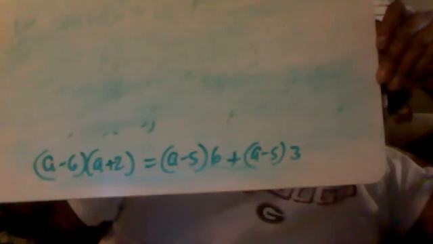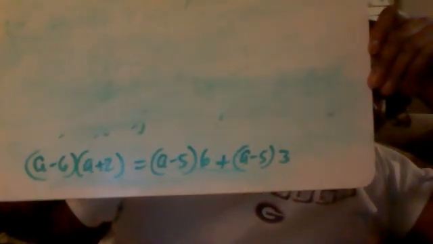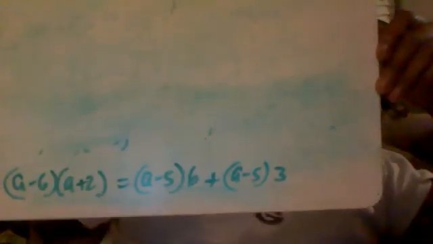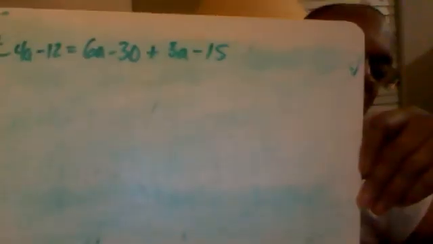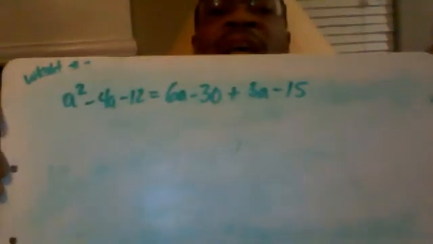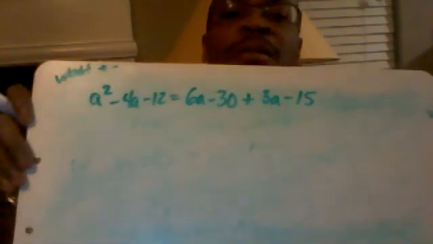So what I did is I went from the bottom, a minus 6, I FOILed that, and then I distributed to get the number at the top. So you see I have 6 times a, 6 times negative 5 gives you 6a minus 30. That's how I got that at the top. 3 times a, 3 times negative 5. That's how I got 3a minus 15. So hopefully we understand how we got that portion of the problem. Now what we're going to do now is